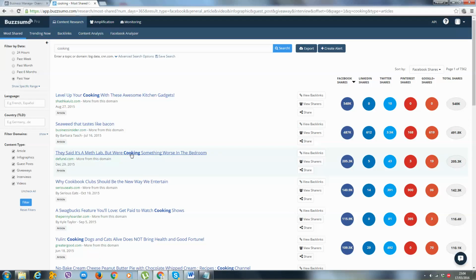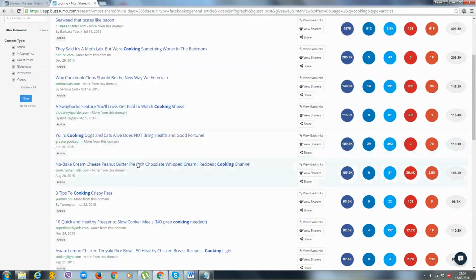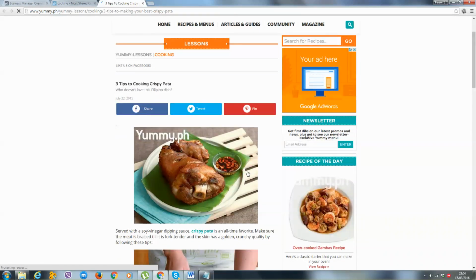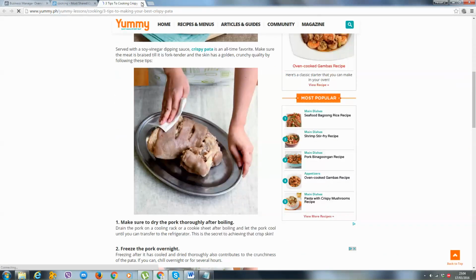They said it's a meth lab, but we're cooking something worse in the bedroom. Okay, that sounds insane. I could not work out the target audience for that, so I'm gonna actually move on to the next one. 3 tips to cooking crispy pasta, whatever that is. That's not pasta, I'd imagine. What is pasta? Okay, this is something new to me. I actually never knew what this was. Nevertheless,